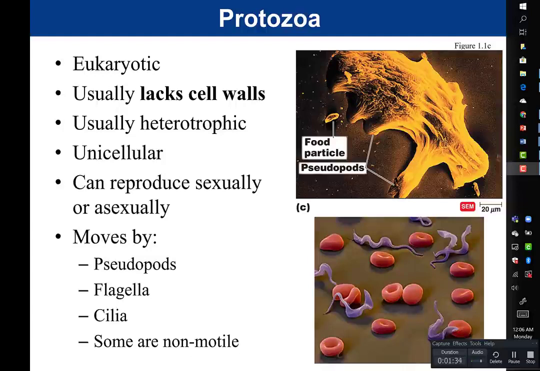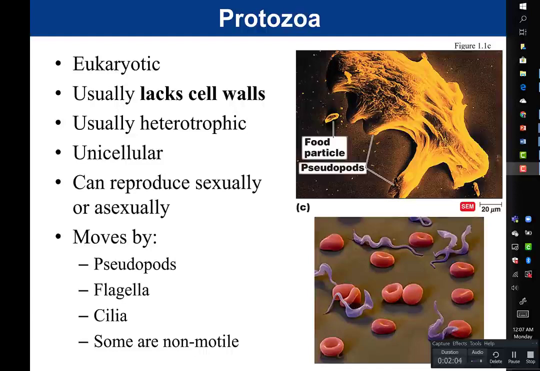What you're seeing in the bottom here, these little purple squigglies that are mixed in with the red blood cells, that is a type of organism called trypanosoma. And trypanosoma is an organism that can cause what's called African sleeping sickness. And African sleeping sickness, like the name suggests, what ends up happening to patients is that when they have this infection, and this infection is heavy, meaning there's a lot of these organisms in the blood, the organisms are then